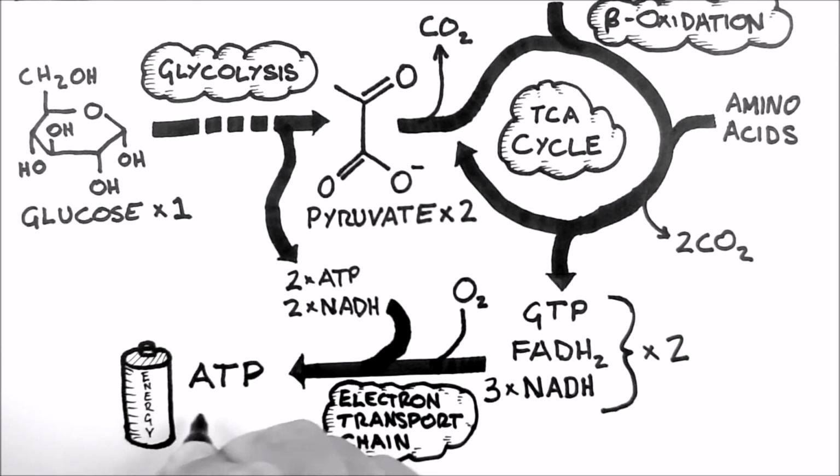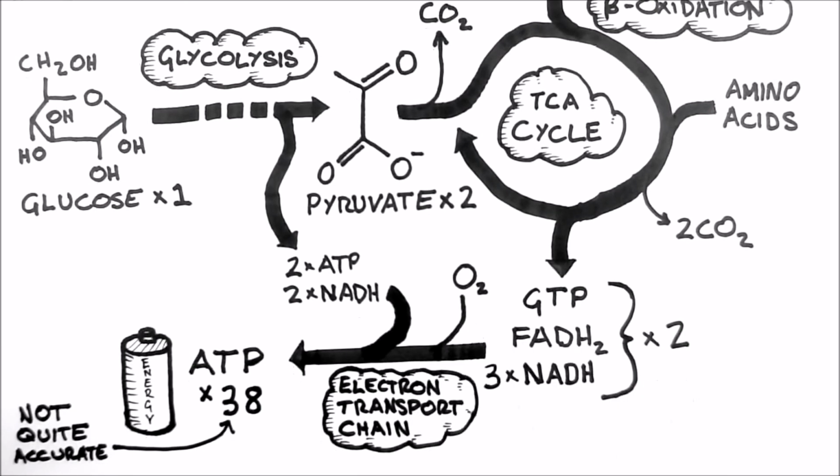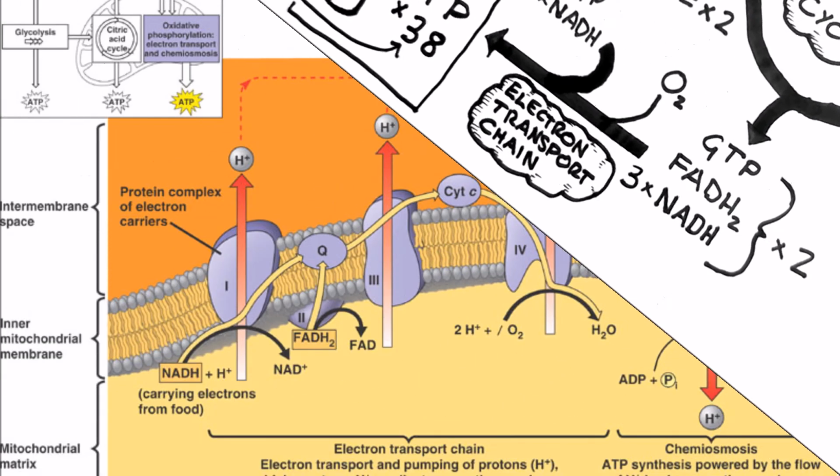All in all, one molecule of glucose can create a maximum of 38 ATP. However, this is not really an accurate number, as some of the energy is used moving all these molecules into different parts of the cell, so the actual number depends on how you decide to count the ATP. And that's an overview of cellular respiration. In the next video, we'll have a look at the